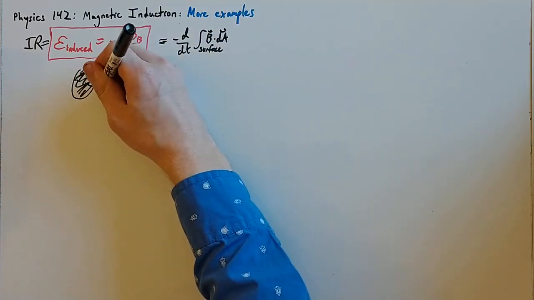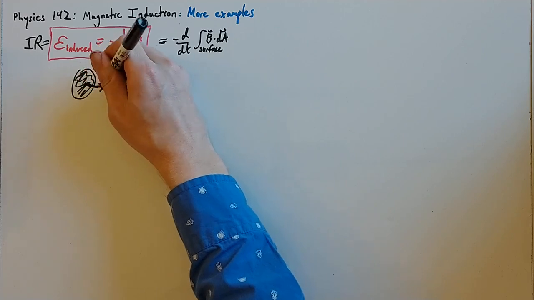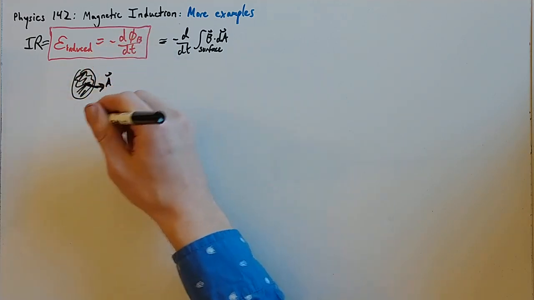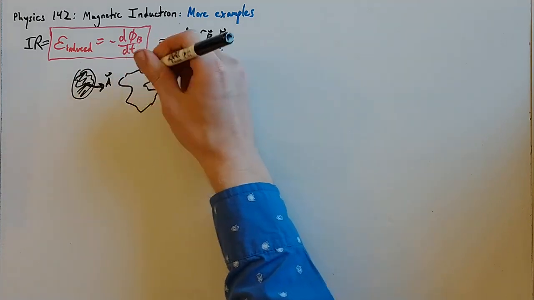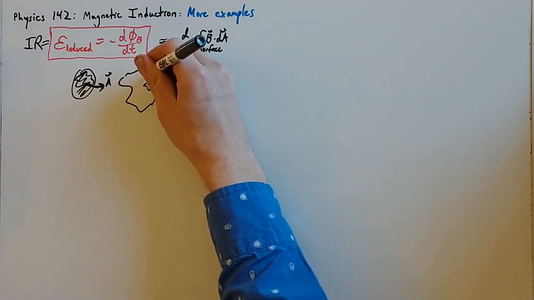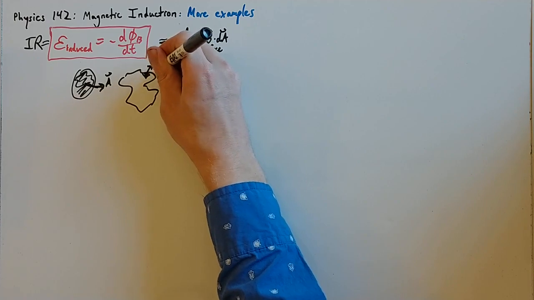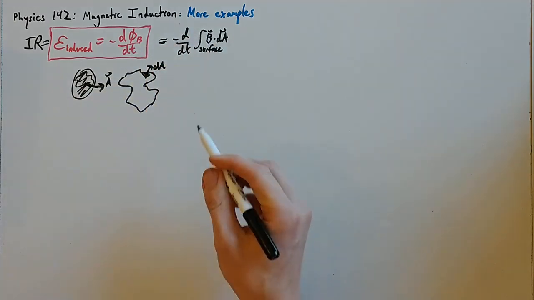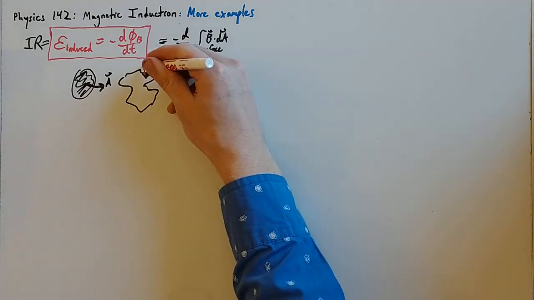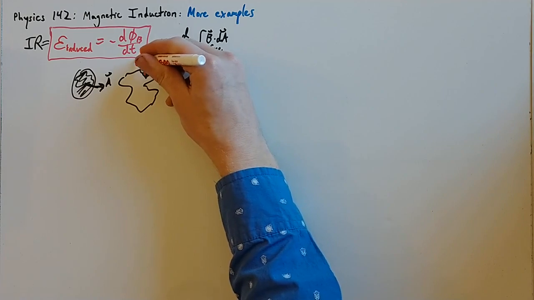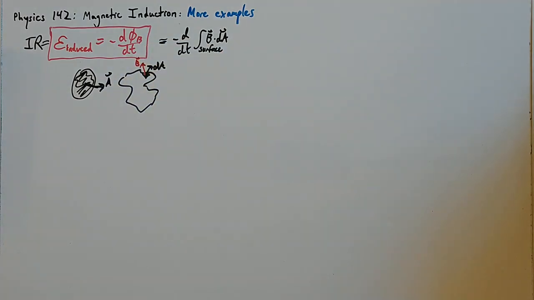Remember, the area vector is a vector that's perpendicular to the surface. Those are area vectors. If you have some complicated surface, then you break it up into a bunch of little pieces, which are all little dAs. And then for each spot, you look at the magnetic field going through that spot, whatever magnetic field you have going through that spot,